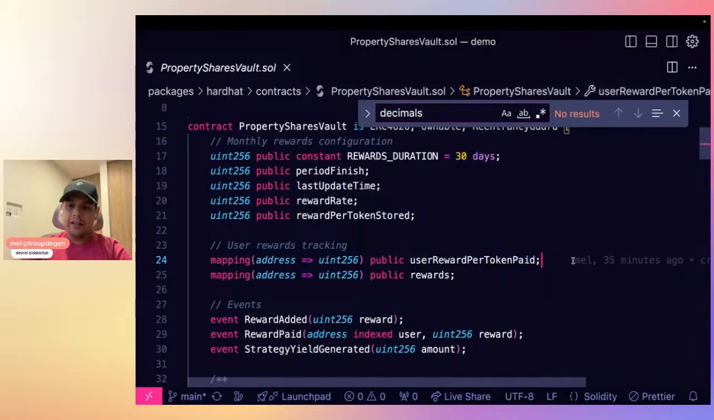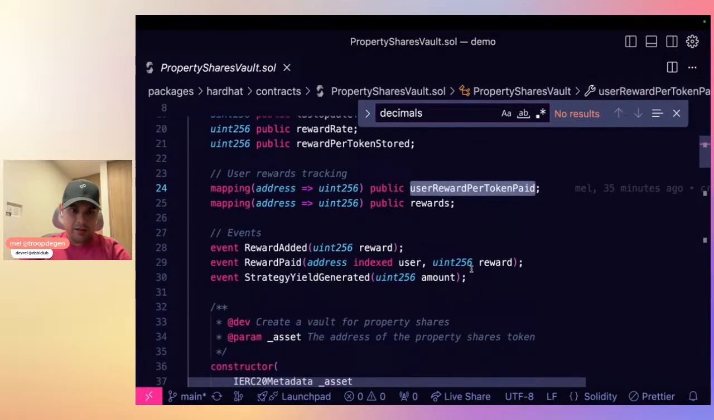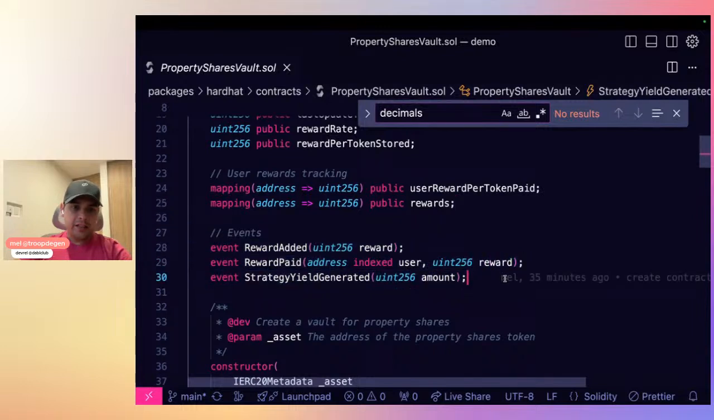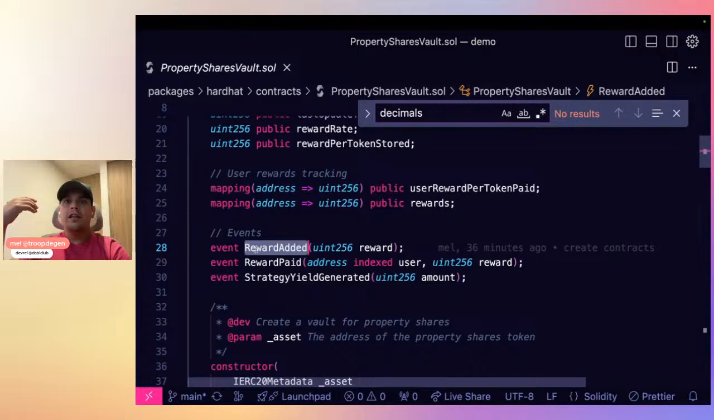This is like the balance that has been withdrawn. So kind of like keeps two. We'll see in a bit how exactly this works. Events: reward added, reward paid, and strategy yield generated. So what's the amount of money generated, the reward that has been paid, and then the reward added. The reward added, that's when the